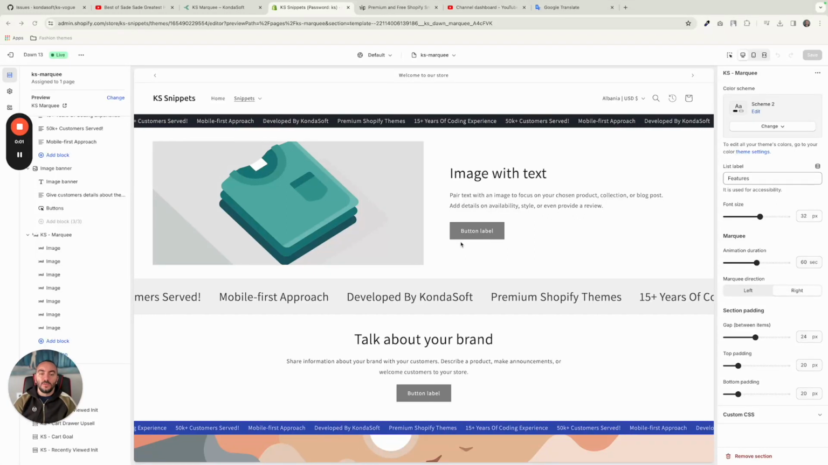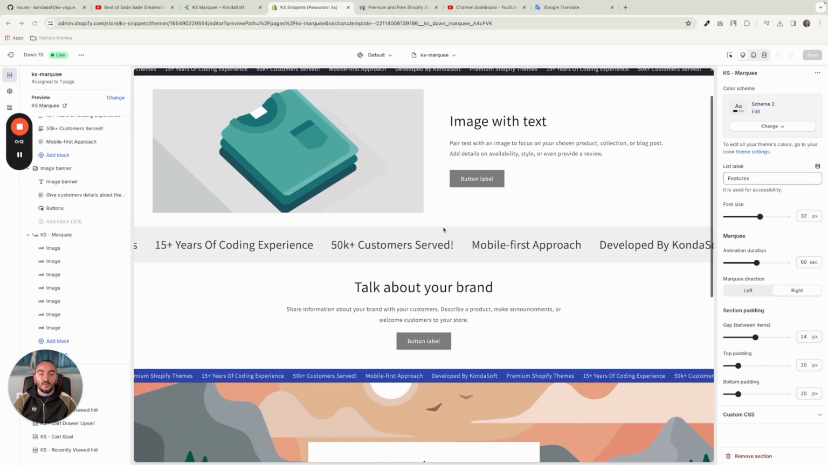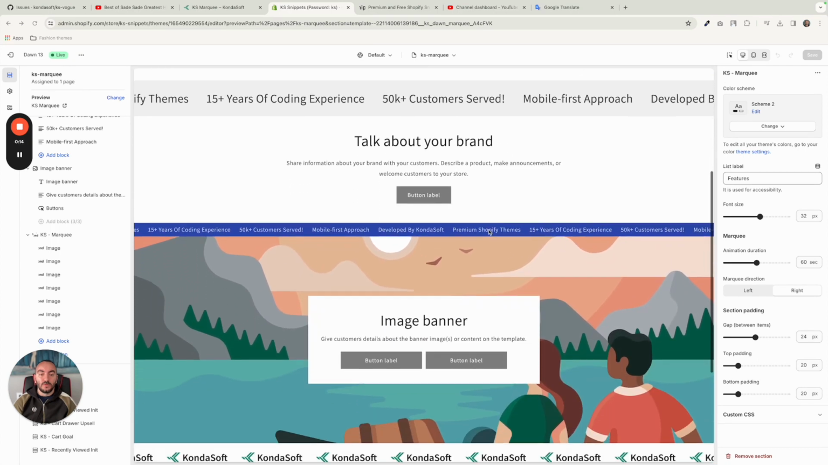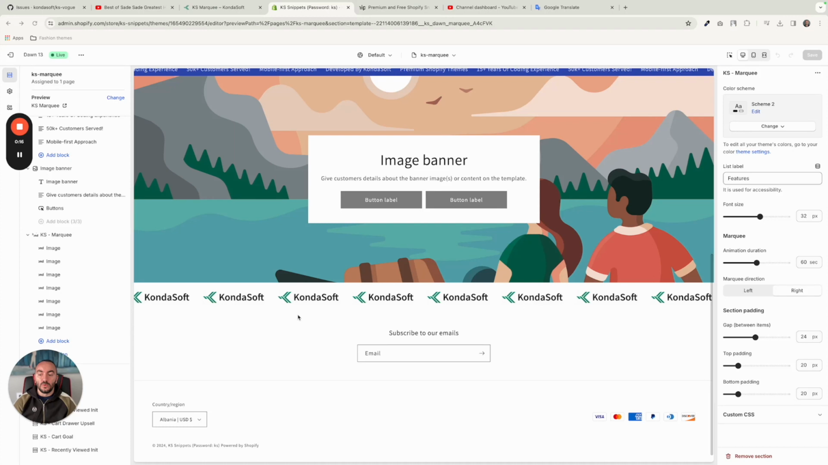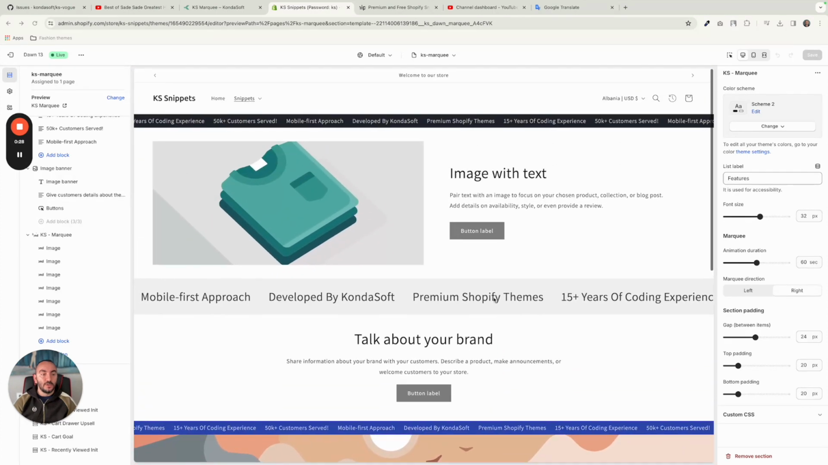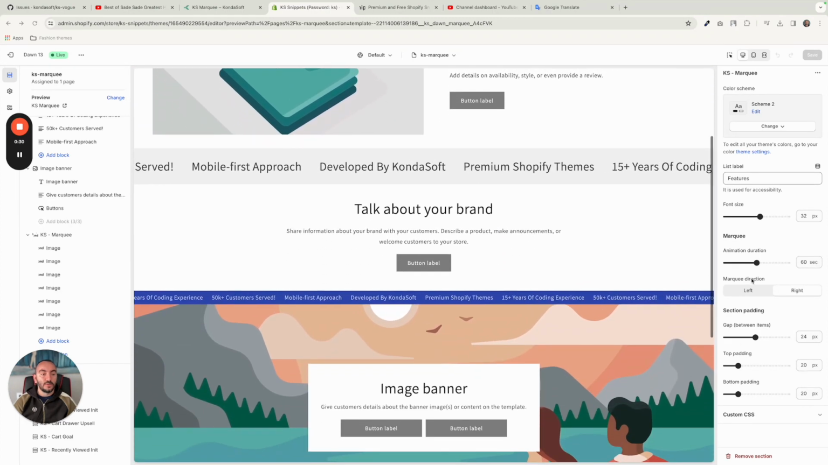The KS Marquee snippet is a nice Shopify snippet to have to add some interactivity on a Shopify store. Besides that, you can scroll text with different styles, as you can see on our demo. Also, you can scroll images as well, so you can build a nice brand list that scrolls in an infinite way. Okay, first we are going to check the installation, and then we are going to check the various settings